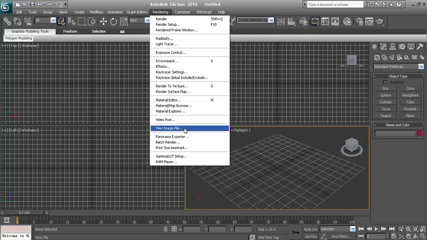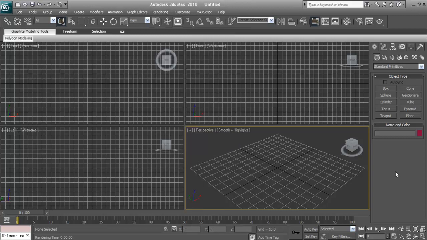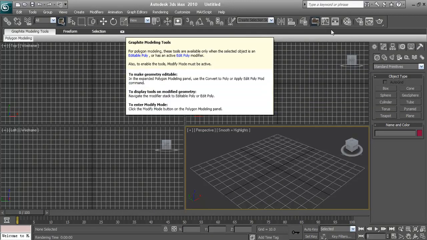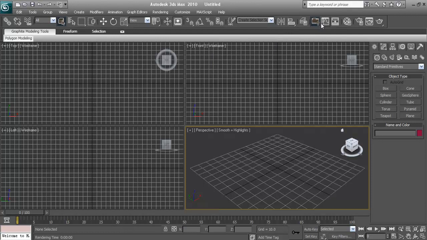The main toolbar has also gone through a few changes, with the undo and redo commands making their way into the Quick Access toolbar, and the brand new Graphite Modeling ribbon, considered by many to be the most exciting new feature in 3ds Max 2010, having its quick open icon positioned far right. To see how the ribbon works, go to our What's New in 3ds Max 2010 section to watch the ribbon